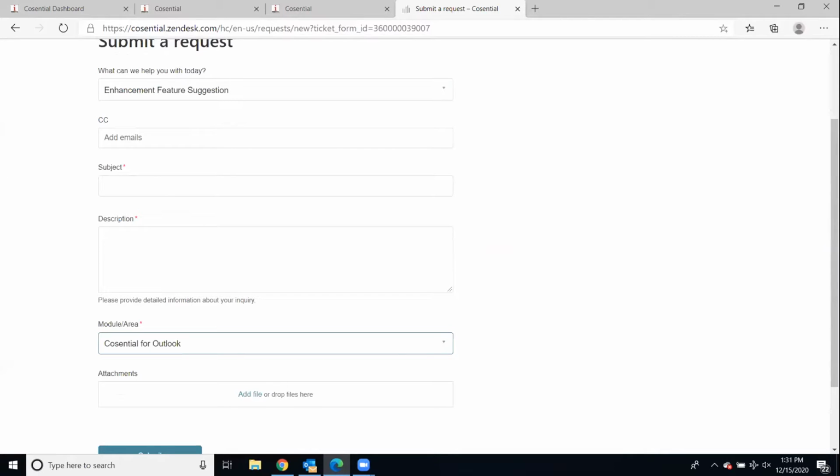Has anyone had any issues creating ops with CFO? If you watched my demo, I had issues. So as with any software, yes, there are some glitches. So yes, there are bugs sometimes. Because this is a very important feature to Cosential, they take those very seriously. So if you reach out or put in a bug ticket for Cosential for Outlook, it gets paid attention to